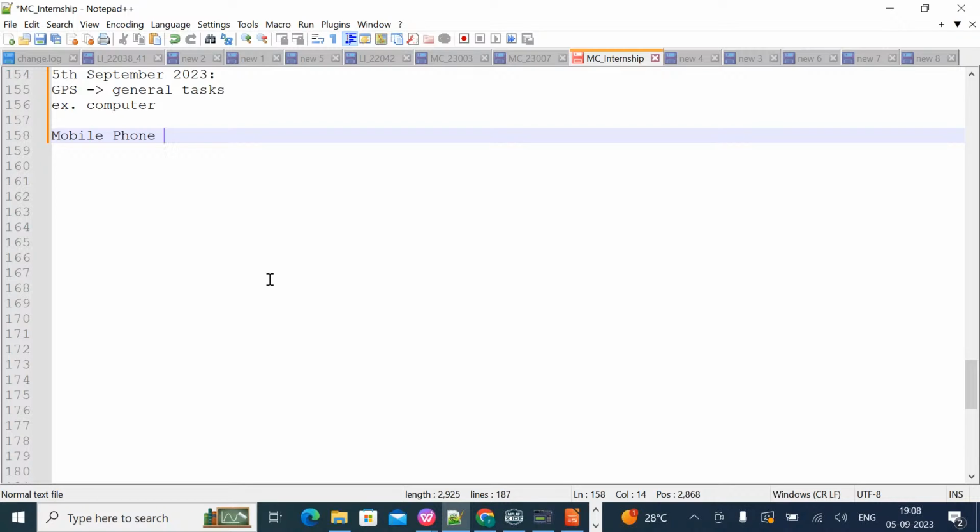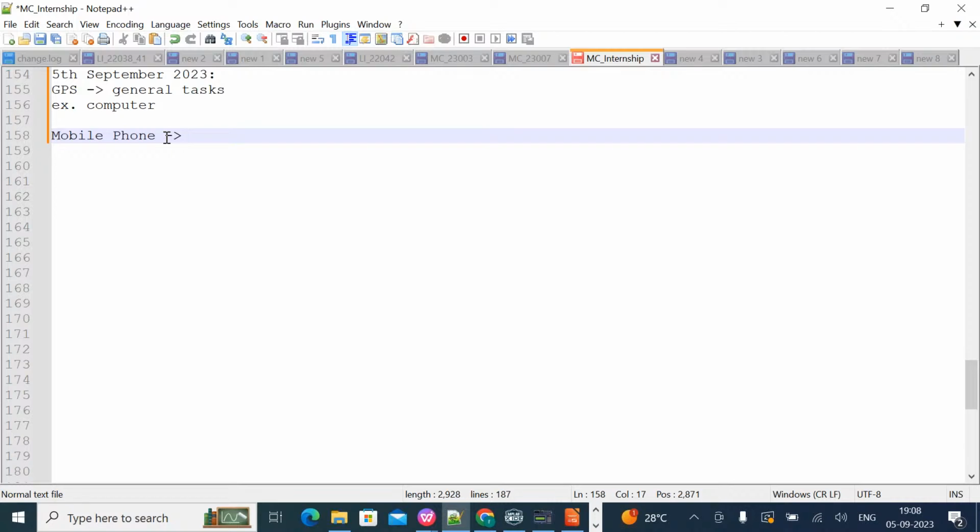Calling is easy. If you ask me, my mobile phone right now has 8 GB of RAM, and my computer has just 4 GB of RAM. My phone is octa core, and my computer is dual core. If you ask me, my mobile phone is more powerful than my computer. So what about it? Is it an embedded system then? Sorry, then the mobile phone is also a general purpose system. If you ask me, yes, it is a general purpose system, but we are not using that to do the